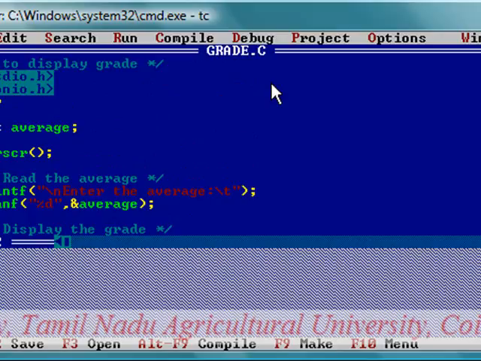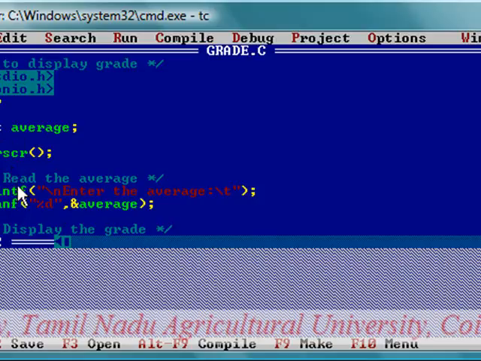As I told you, you are supposed to first enter the comment statement. It is not necessary that you should have only the comment statement at the beginning of the program. Anywhere in the program you can include the statement. Then include the compiler directives, include stdio.h, include conio.h, then start the body of the main function with void main followed by the open bracket, then declare the variable average, which is of the data type integer,